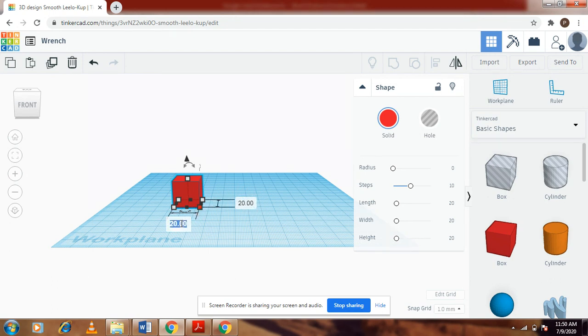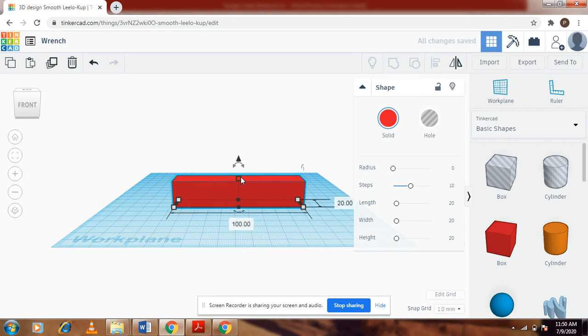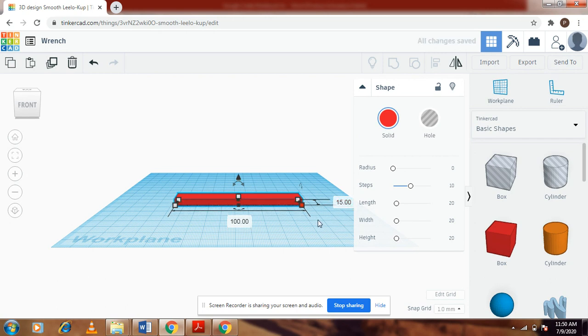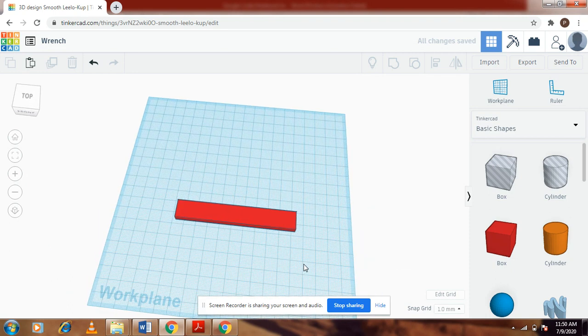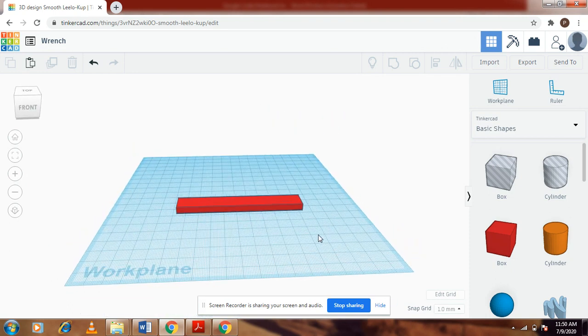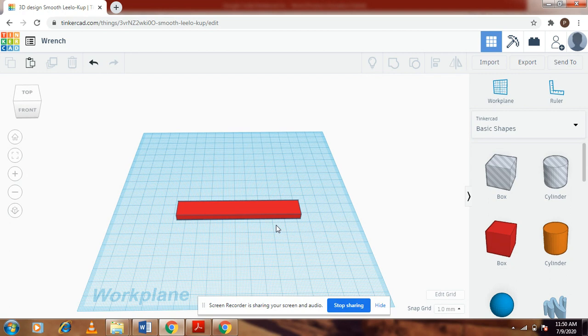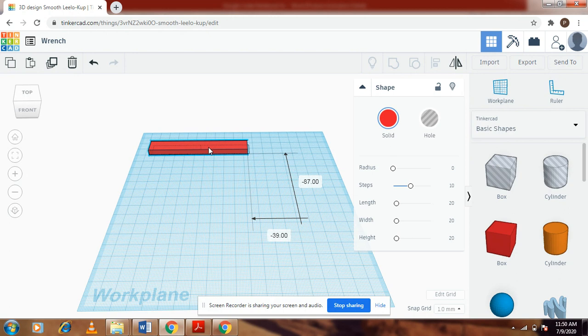I will first be changing the length of the box to 100 mm. I will then go ahead and change the height to 5 mm, and then I will change the width of this one to 15 mm. So this is how simple and easy it is for us to be done with the handle. Okay, so now that we are done with the handle, we will move it onto one corner of the work plane, and we'll discuss two options that we can use if we have a lot of stuff on the work plane.